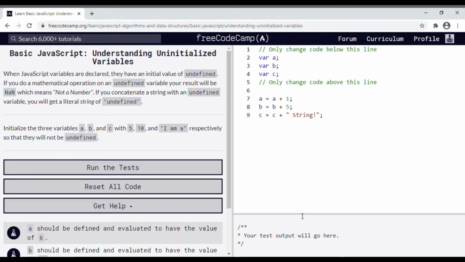Okay, so you can't concatenate anything with undefined. Concatenate is adding, okay, right? Initialize the three variables a, b, and c with 5, 10, and "I am a" respectively, okay? So that they will not be undefined. So initialize a, b, and c